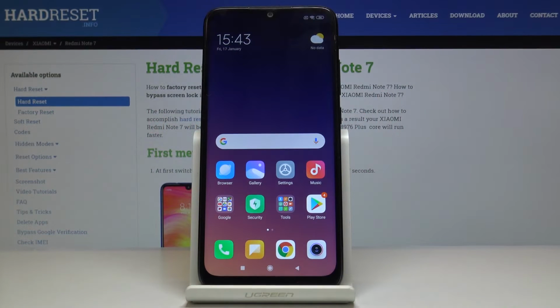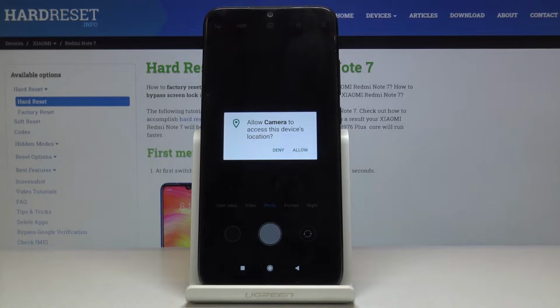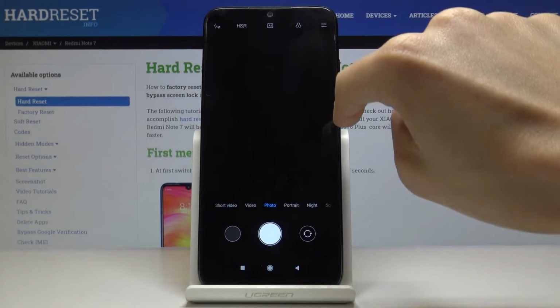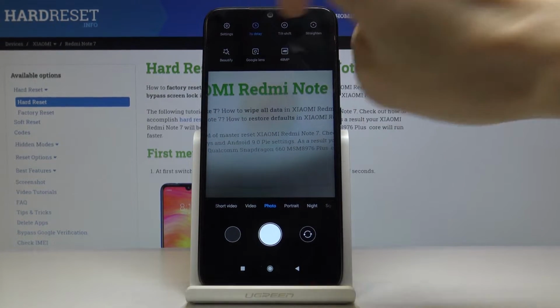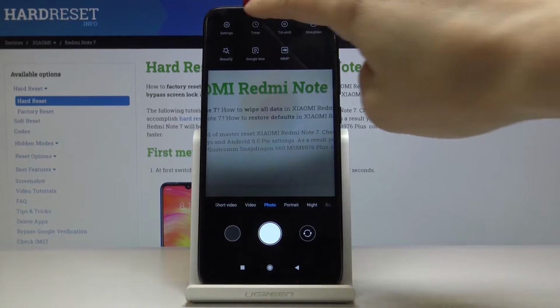Here I've got Xiaomi Redmi Note 7 and let me show you how to activate camera timer on the following device. So at first let's open the camera app, then tap on the more icon right here and then locate timer right here. And as you can see, you can have 3 seconds delay, 5 seconds delay, or the normal